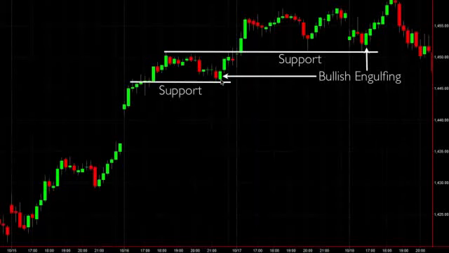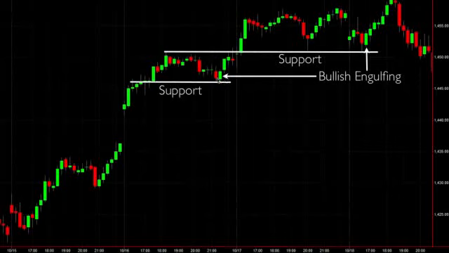Here's what it looks like on a real chart. This is support. Why? Because this was resistance and it then becomes support. We see a bullish engulfing, and that could be a trigger. I don't just take this because there's a bullish engulfing. No, I take it for 2 reasons. The support, but also because it's a retracement in an uptrend. Just like I mentioned, I look for more things than just the candlestick patterns. And in this case, a retracement in an uptrend back to support.